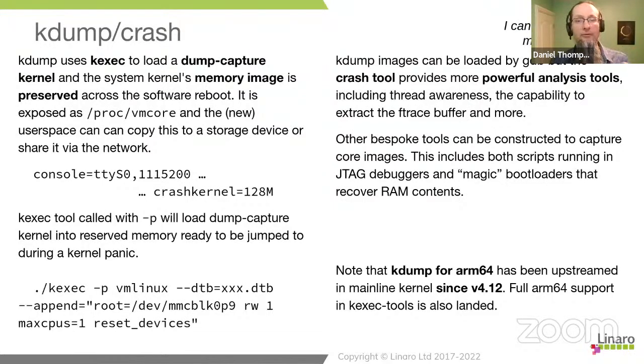The reason this is also viable for embedded is that there are other tools you could use or build to gather the dump in the first place. Kdump produces a memory image. There are other things you could use to generate a memory image. For example, you could connect to a JTAG debugger and pull out the entire memory image over JTAG.